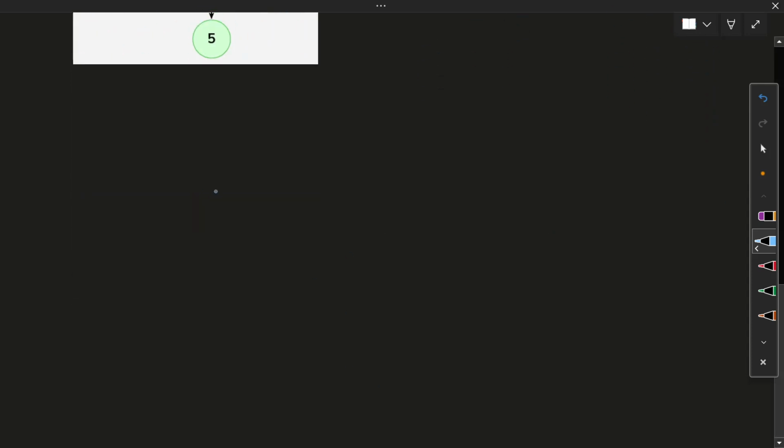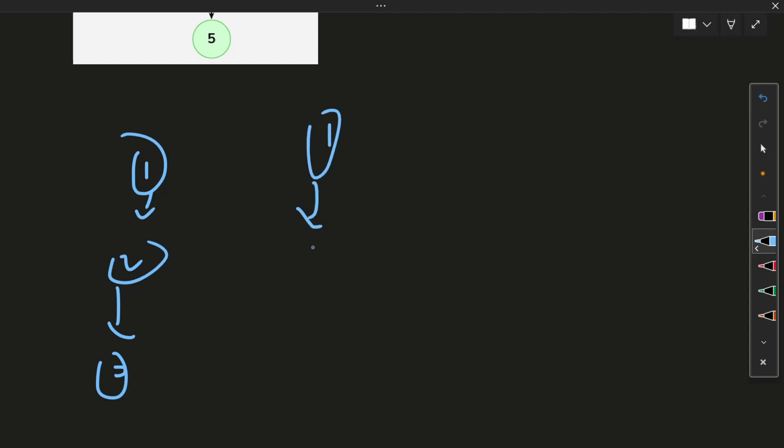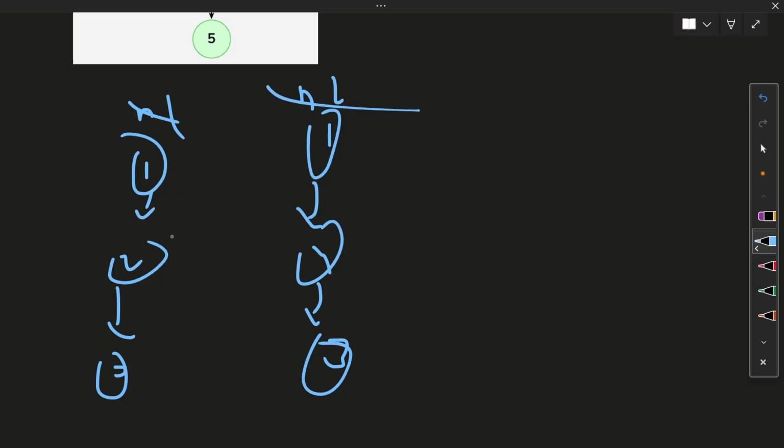So let's try to find the case where there is no intersection point. Suppose we have this node and we have this 4 and then 3. So h1 here and h2 here, the length is the same, so we need to check, are the value and node equal? Value is equal but node is not equal, so it will jump to the next node.